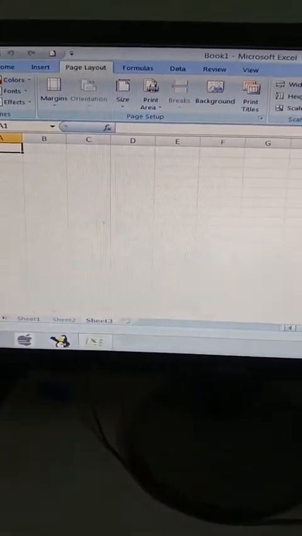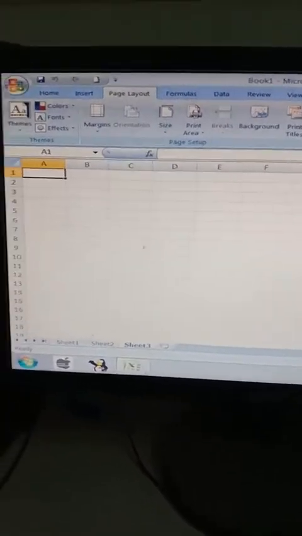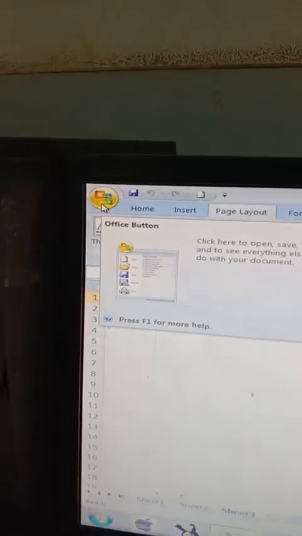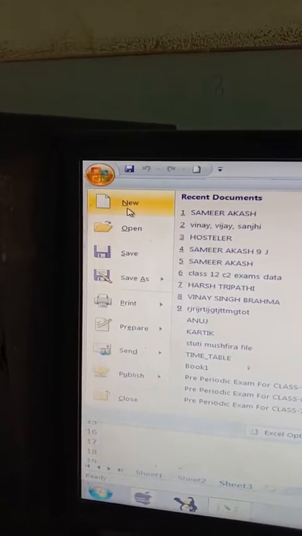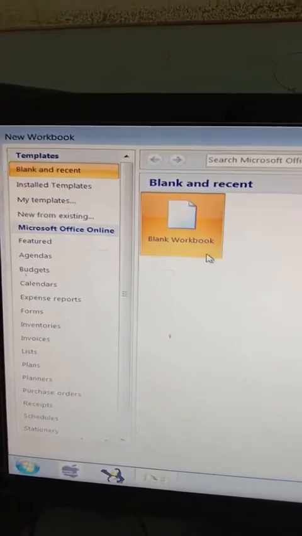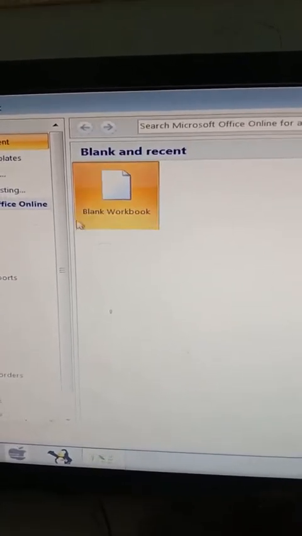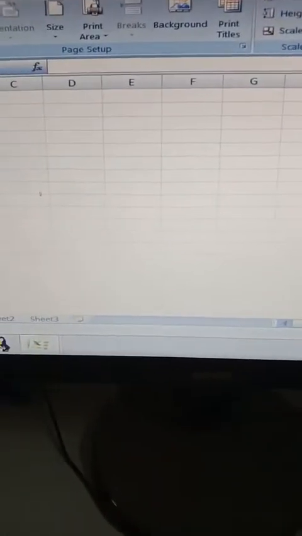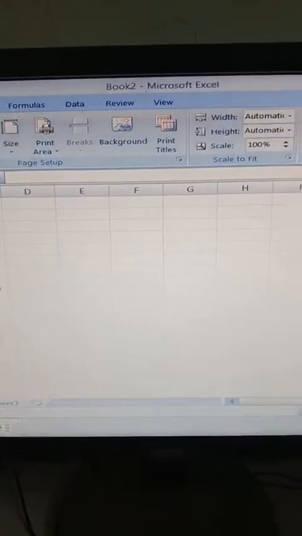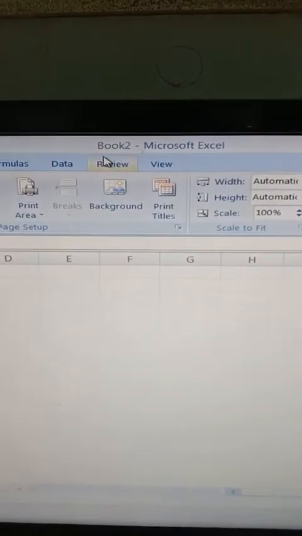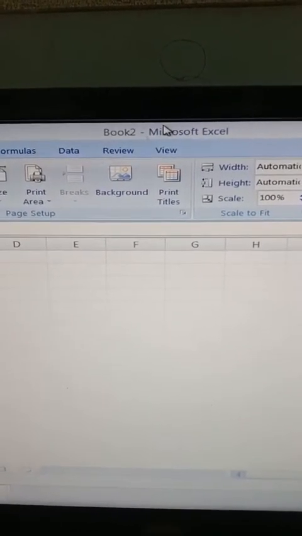Now we are going to discuss the topic using MS Excel 2010, creating a new workbook. So how can we create a new workbook? In order to create a new workbook, first of all we have to go to the File menu. As soon as we left click on the File menu, we have to go to the New option. As soon as we left click on the New option, a blank workbook appears over here. It is already selected. You have to left click on the Create button. As soon as you left click on the Create button, a new workbook appears. Look over here, Book2 is written. So it means that Book1 already existed and Book2 is the newly created Excel workbook. So this is how we can create an MS Excel workbook.